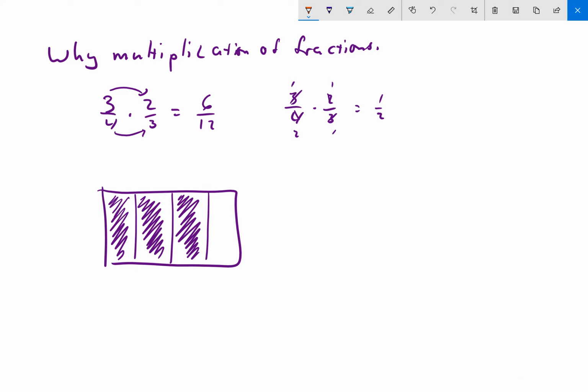So there's 3/4. And if I draw 2/3, I shade this in, I shade in this,